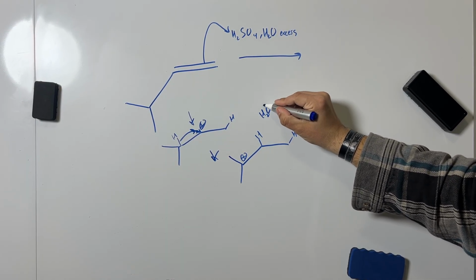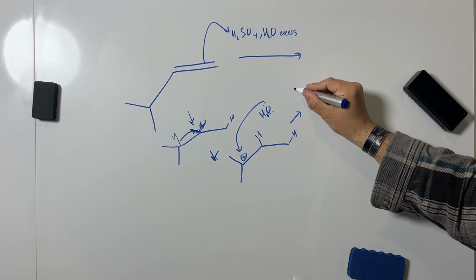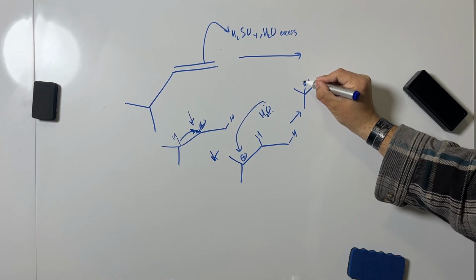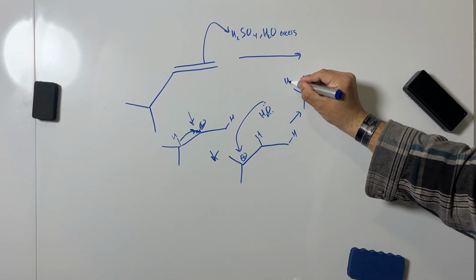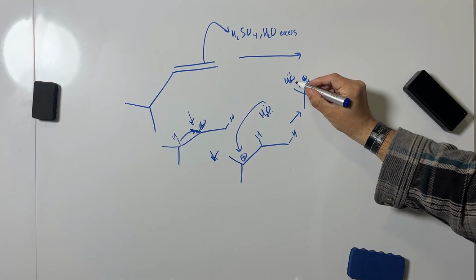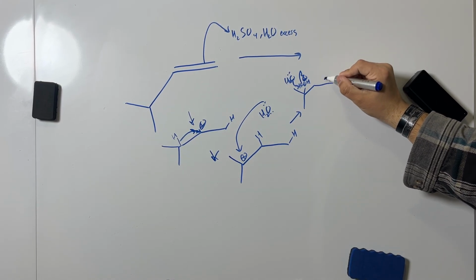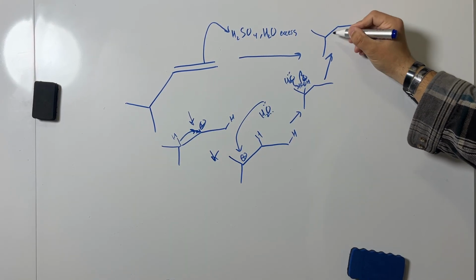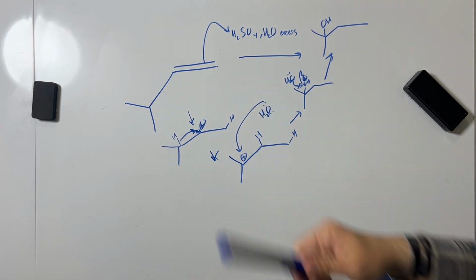Now we have water attack, and we form our H2O plus. We have another water come in. We're going to steal the proton. Sorry, I'm running out of space a little bit here. Pick those electrons up, and we form our alcohol. Now, as we can see here, this alcohol didn't add at the position we wanted,